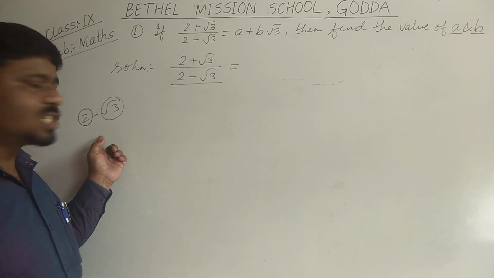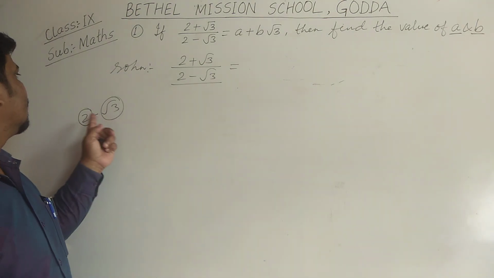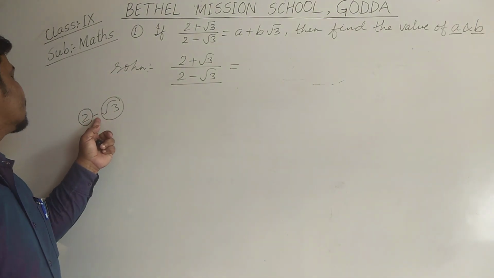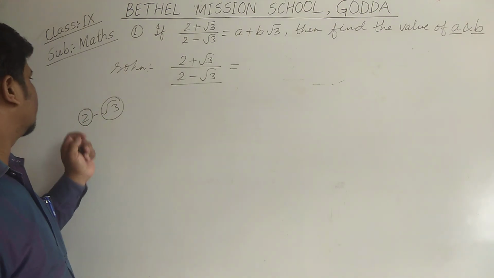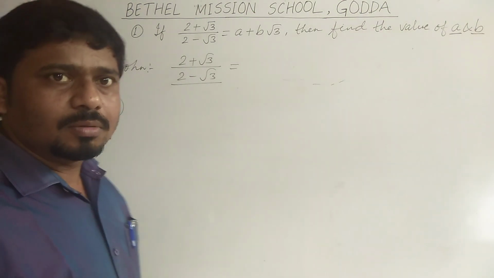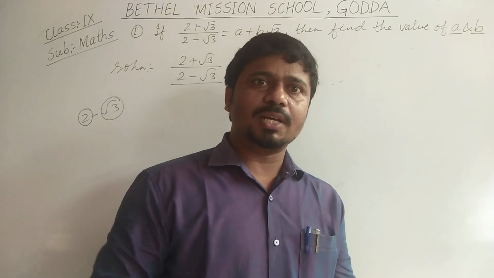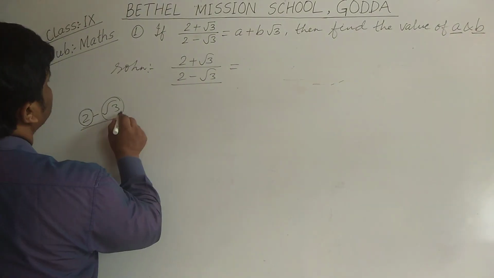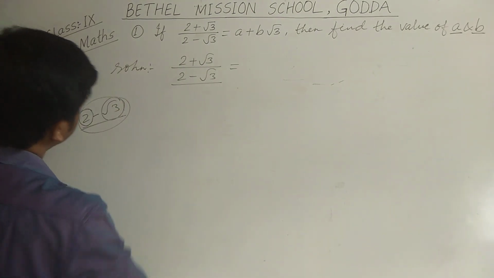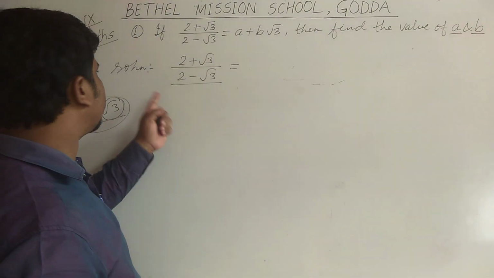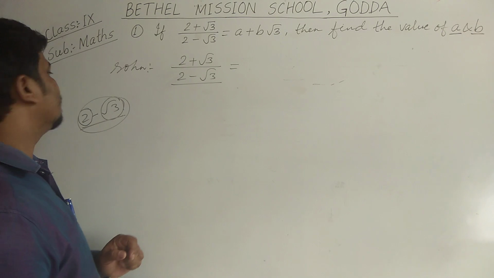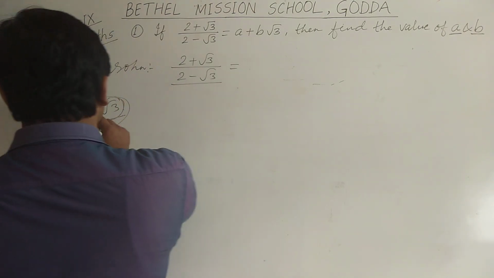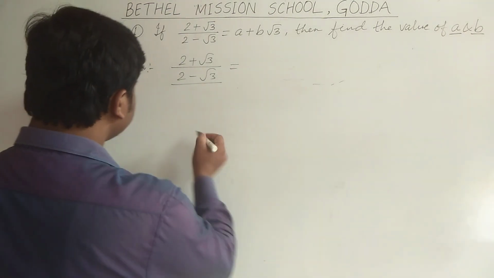So this is a rational number and this is an irrational number. This is the combination of rational and irrational, and the sign is minus. We know the property that the difference of a rational and an irrational is irrational. So this is an irrational number. By which number will we multiply this irrational to get a rational?